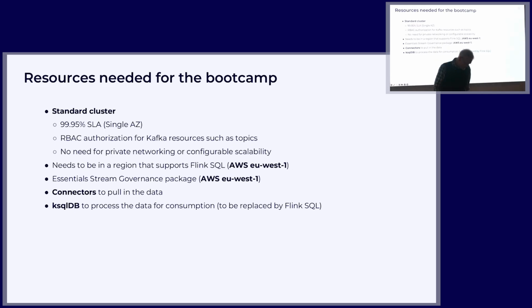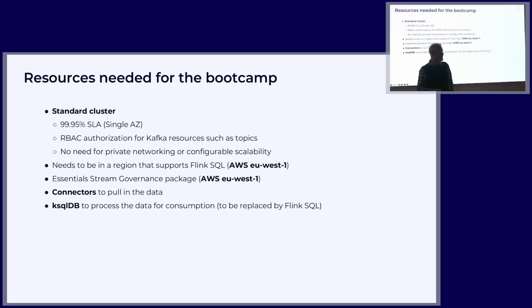Good. As resources, I need a standard cluster, just spun up in a single availability zone. If you're aware of what that is, it's one single data center. I could run it over three very simply. It's simply a switch I have to put in there, but one is enough and it's cheaper. I'm going to use RBAC, role-based access control, for the authorization. I follow the principle of least privilege. So any service has precisely the permissions to access the topic that it needs and nothing else, because I like to teach people how to make things secure as well.